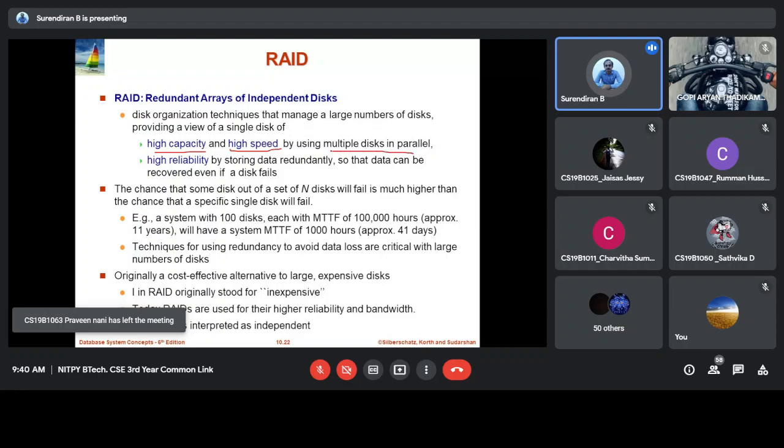It also provides redundancy and high reliability, since even if a disk fails, it can be recovered. Mostly they are used in servers when we want to take a backup, because we cannot depend on the disk. Anytime the disk may fail. That's why they go for redundant RAID disks.